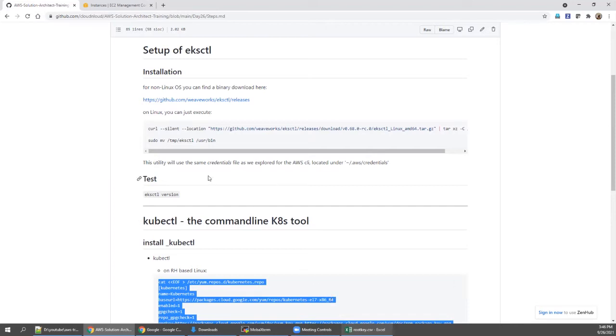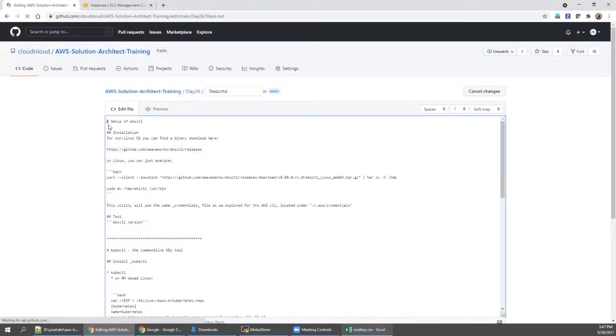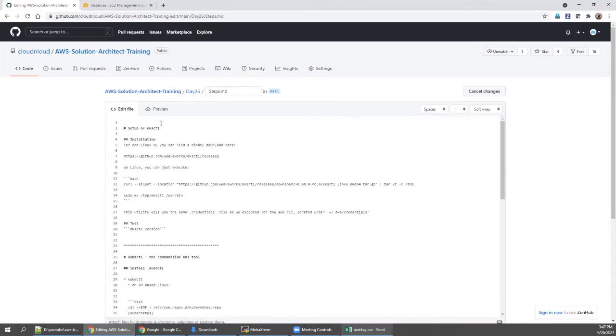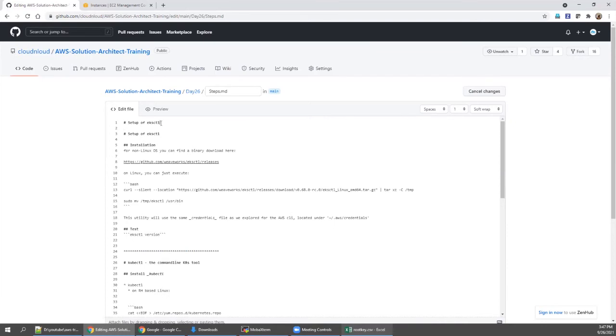Basically, we need to do three things. The first one is we need to go for AWS configure. First, we need to configure your AWS credentials.